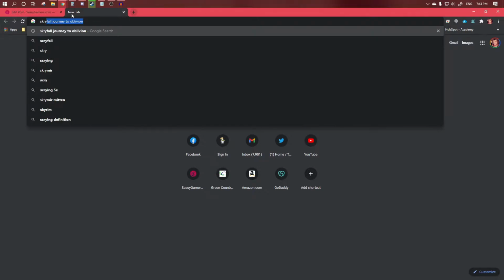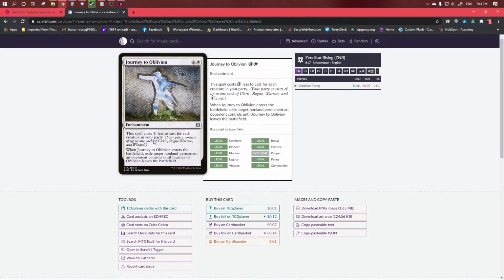Oh, there it is, Journey to Oblivion. Press enter. First thing I get, I can tell that it's scryfall.com. This is what I'm looking for. I'm going to grab it. And do you see how much nicer that is? But I'm not done. I could copy, right click, and get the picture as it is right now, but I'm